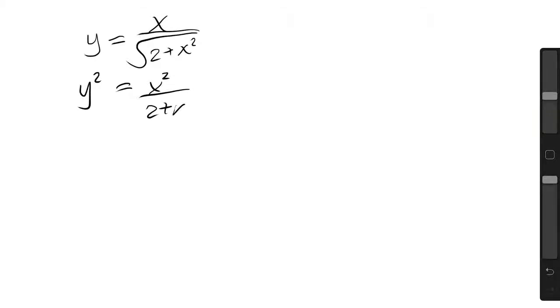So y is x on root 2 plus x squared, and I know that I can multiply both sides by, actually we can just square both sides, that would work out a bit easier. y squared equals x squared on 2 plus x squared. Now multiply both sides by the denominator, you get